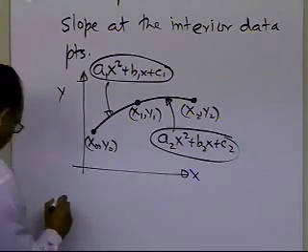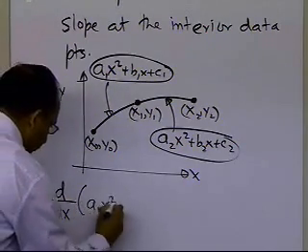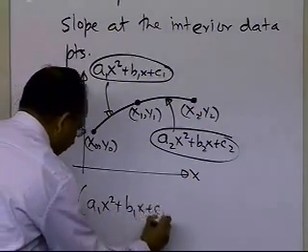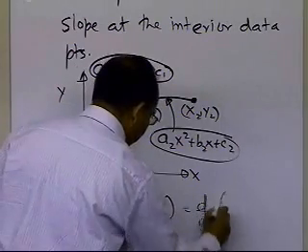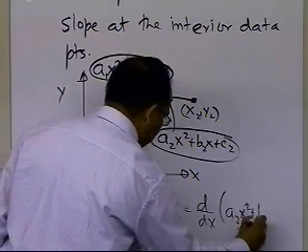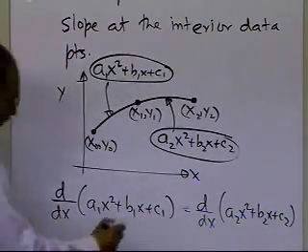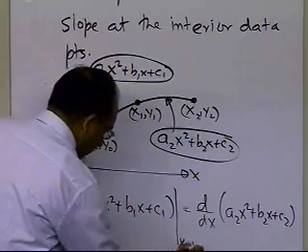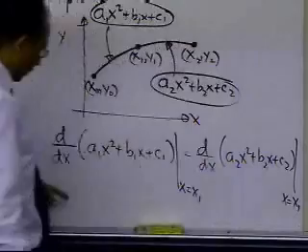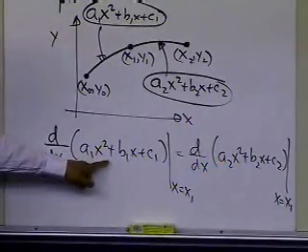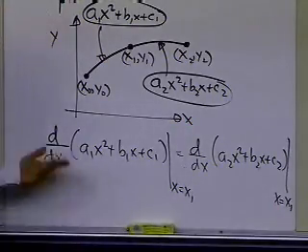So what that means is that I'll take the derivative of a1x squared plus b1x plus c1, and I'll equate it to the derivative of the second spline, which is a2x squared plus b2x plus c2. And I'm going to equate them, but not at any point, only at x equal to x1. So only at x equal to x1 I'm going to make the derivative of the first spline the same as the derivative of the second spline. So what does that give me?